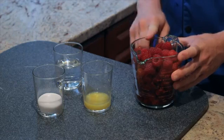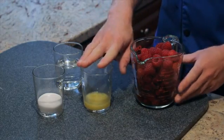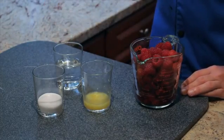So to start, we have our ingredients here. We have 2 cups of fresh raspberries. We have the juice and the zest of 1 lemon. We have a tablespoon of granulated sugar, but you can also use sugar in the raw, and we have half a cup of water. Now it's very simple. The first step is to put all of these ingredients together in a pot on the stove and bring it